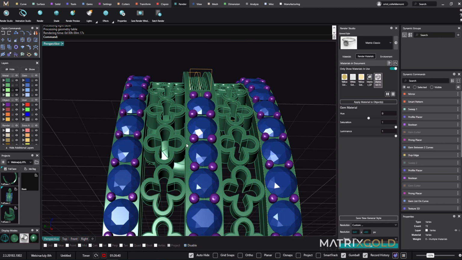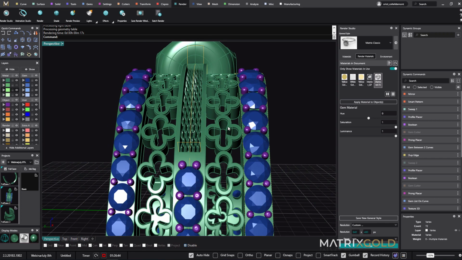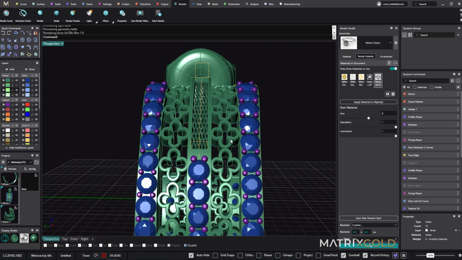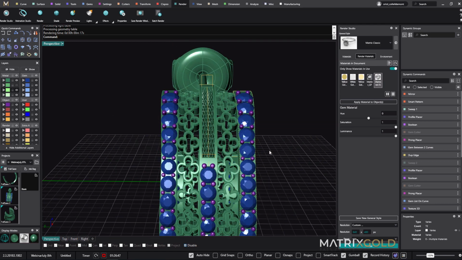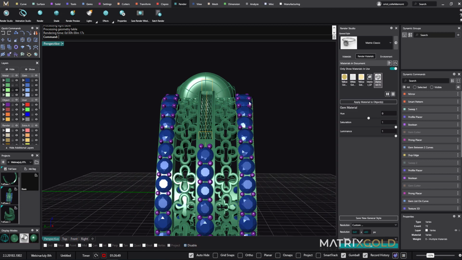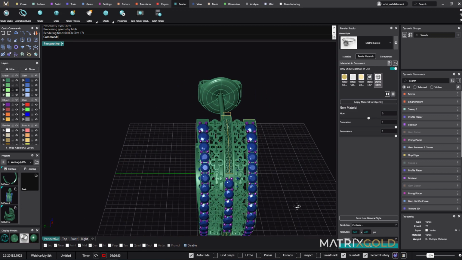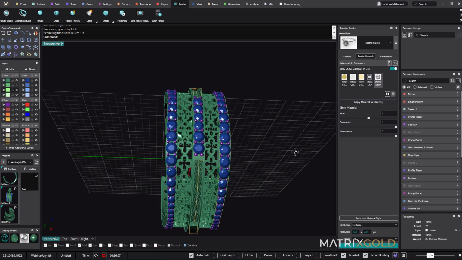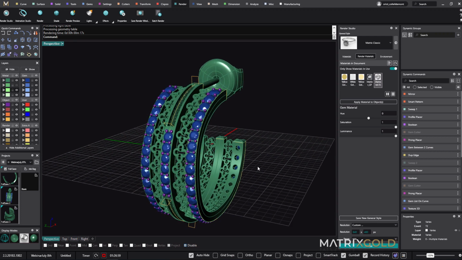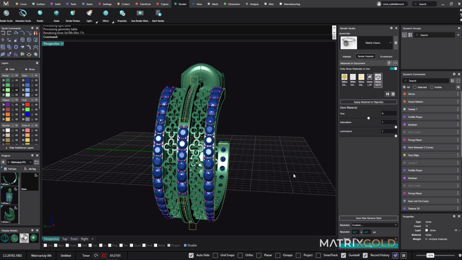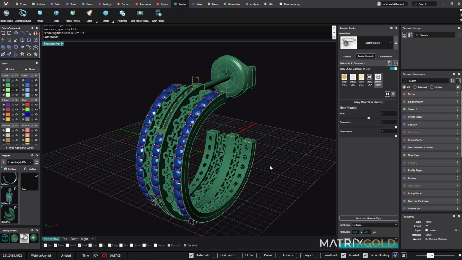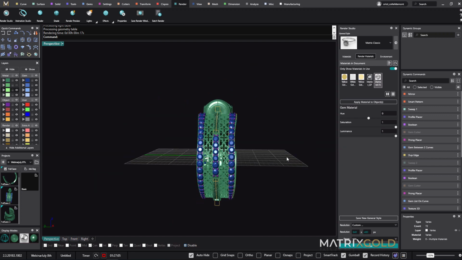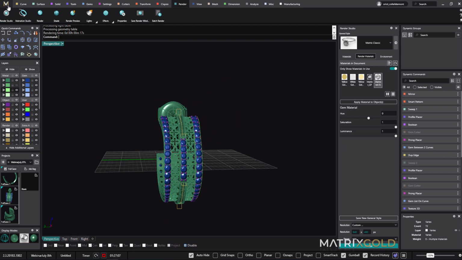I have been showing you all the new tools that we have from the last release. I have been showing you the gem list on curve, that is this part here. We have been playing well also with the smart pattern. We have been playing with the gems between 2 curves, getting 2 curves, how the stones adapt to any surface. All right, so this is a lot of new tools that we have added to our software, and I believe that it helps a lot. Also, now I'm going to get rid of this one. I'm going to start a new one,